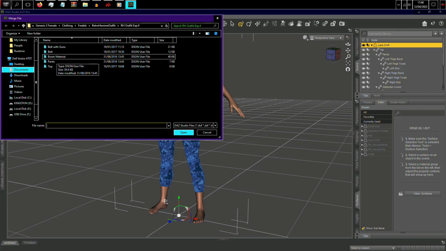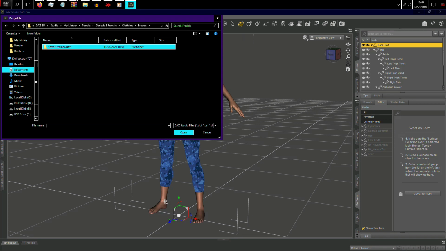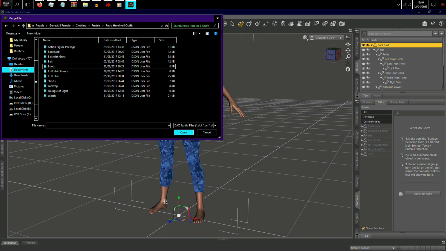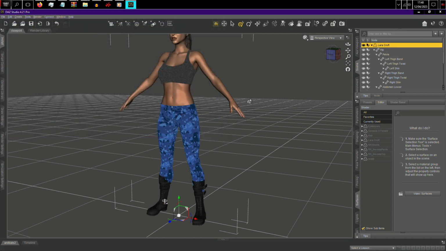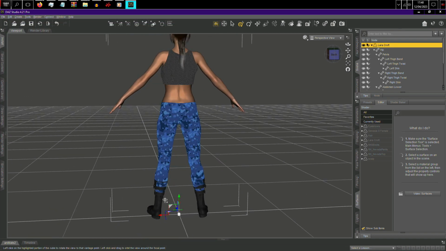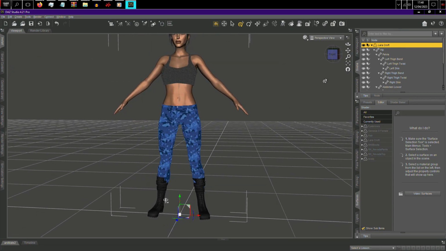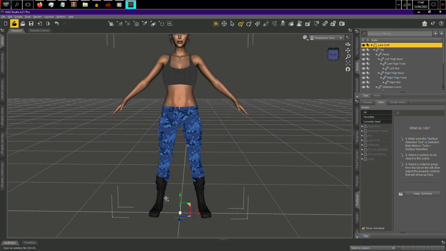That's boot material, then that one. This being Genesis 8, the clothing I've got that doesn't fit on the Rise of the Tomb Raider should fit on here because it's Genesis 8. So there it is. A little bit clipping at the back, but I'm not sure if that will come out in the render. And of course we need the